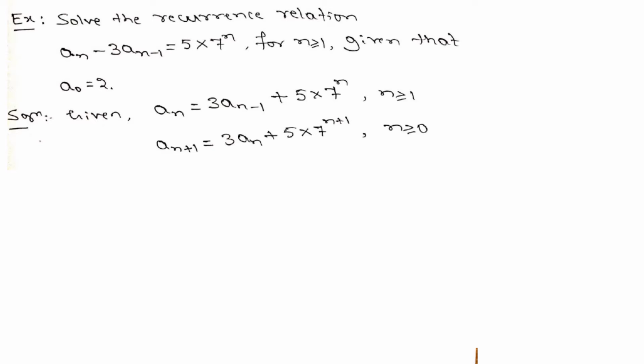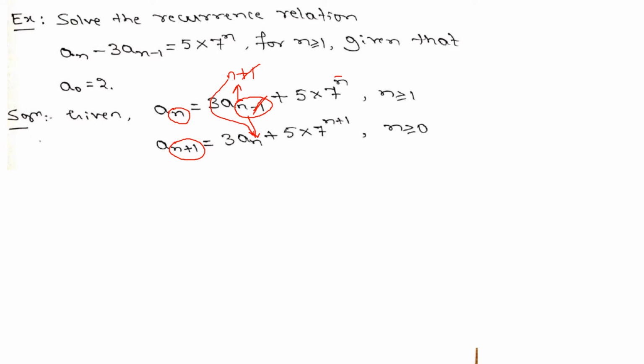Very first step is to replace n by n plus 1 everywhere. If we replace n by n plus 1 here, then it will give you n here, because plus 1 and minus 1 get cancelled. If we replace this n by n plus 1, then plus 1 minus 1 gets cancelled. What remains is n.